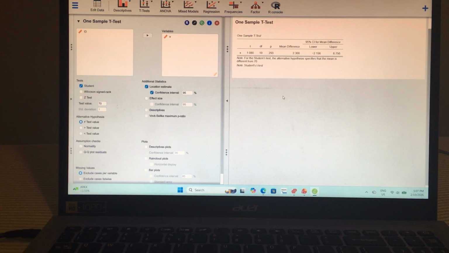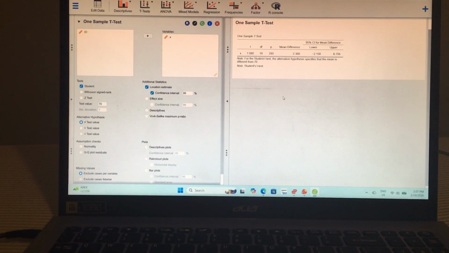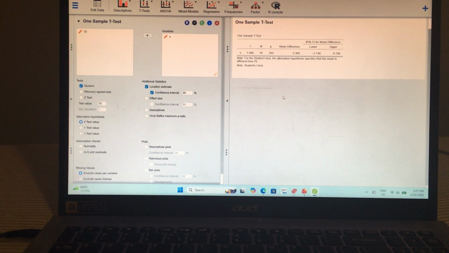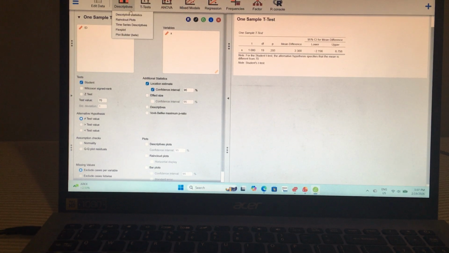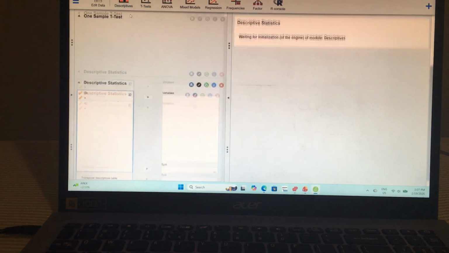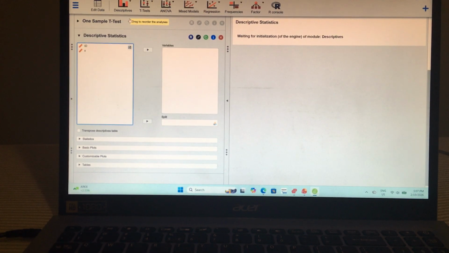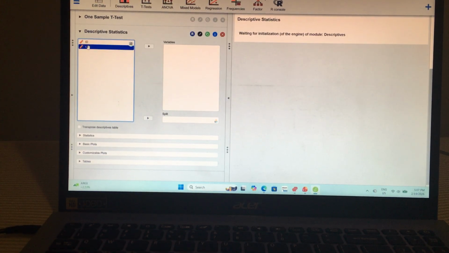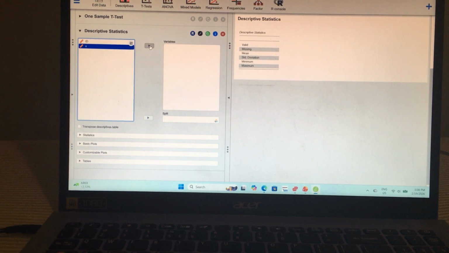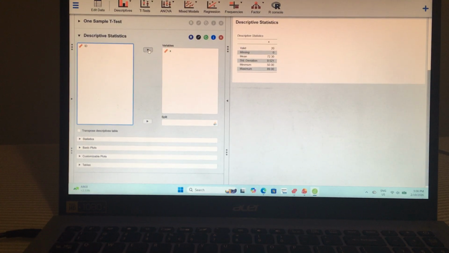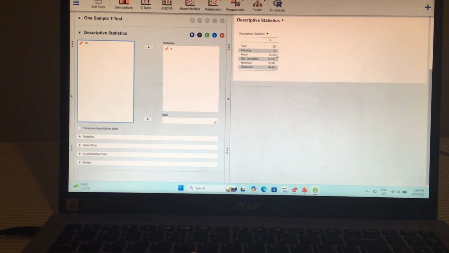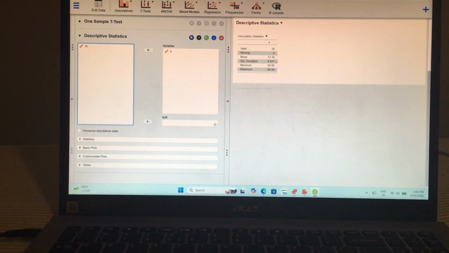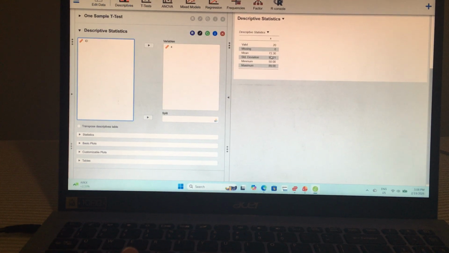So we could say, with a sample mean of 72.3 points, okay, standard deviation, and how do we get that? So we go here, descriptives. So we would say with a sample mean of 72.3, okay, right here, standard deviation of 9.5,